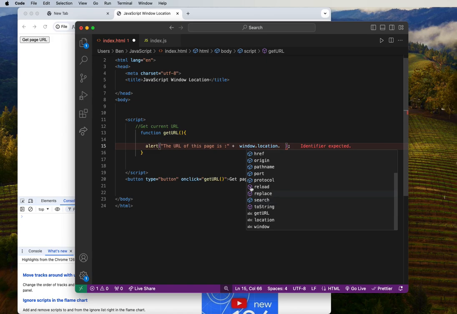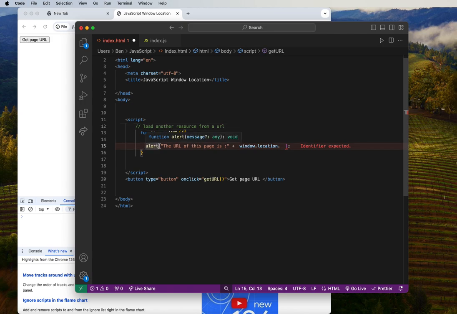Okay, what if we want to load another resource from a different URL? So let's say we want to load another resource from a URL. If we want to do that, for example, let's say we just want to use probably google.com to do that. Okay, so let me